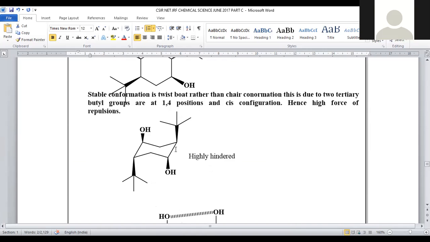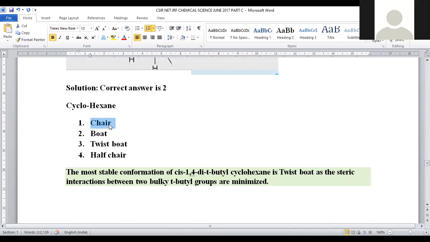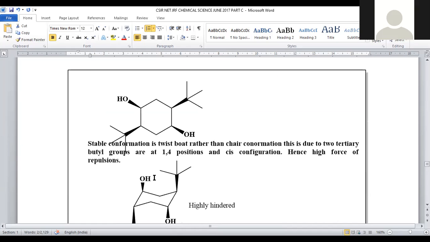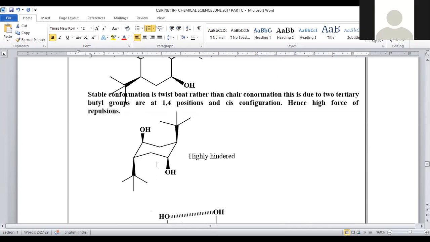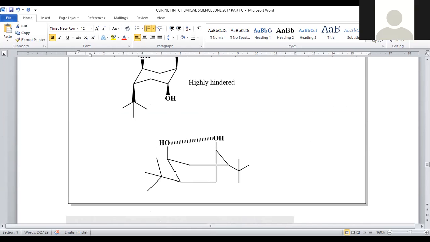Two bulky groups are inclined in this way. Two tertiary butyl groups present in this 1,4-diaxial, said to be cis conformation, will have high steric hindrance. This is not at all preferable. Even though chair form is the most stable form, for this structure it is not applicable. The only possibility is